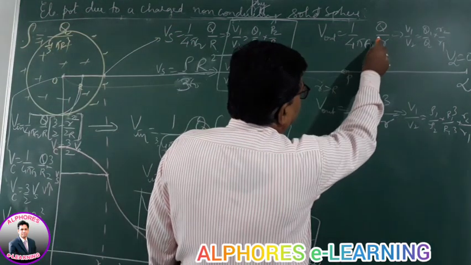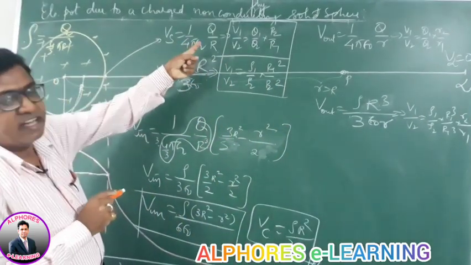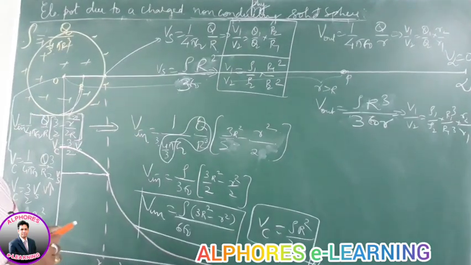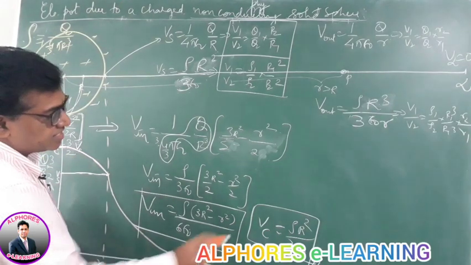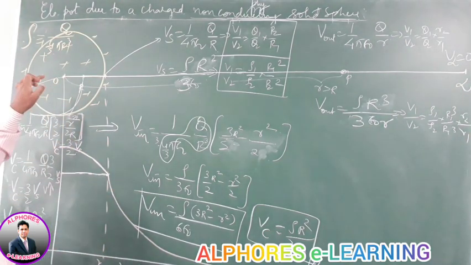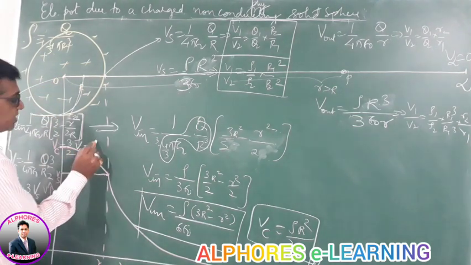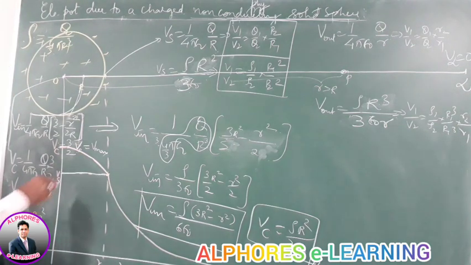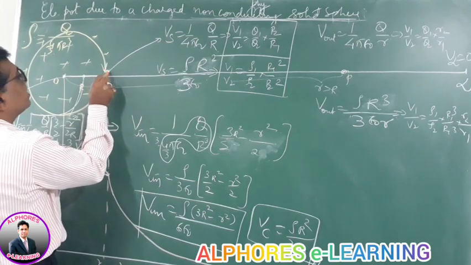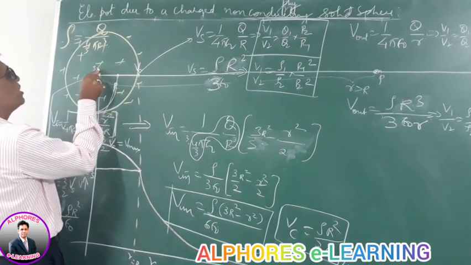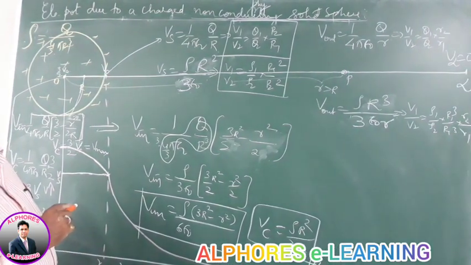This is outside point, Q by R ratio. This is surface point, in terms of charge and in terms of surface charge density. And this is inside point, surface point, graphical variation. This way it is. So out of all the things, the potential is maximum at the center. Next, on the surface, the potential is 3 by 2 times less than the center. If the potential on the surface is V0, here the potential is 3 by 2 V0. The potential difference between these two is V0 by 2.